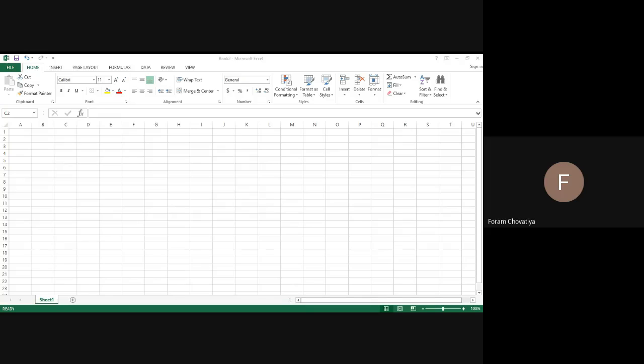First of all, student roll number, then student name, then how many subjects there are, then the marks for each subject, then the total number of subjects. Do you understand which type of data we need to prepare the table? Right now we have to prepare the table for 10 students and 5 subjects.